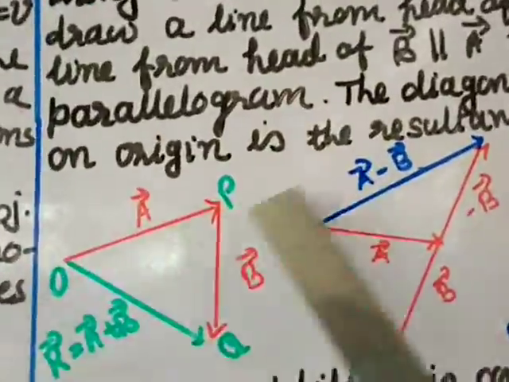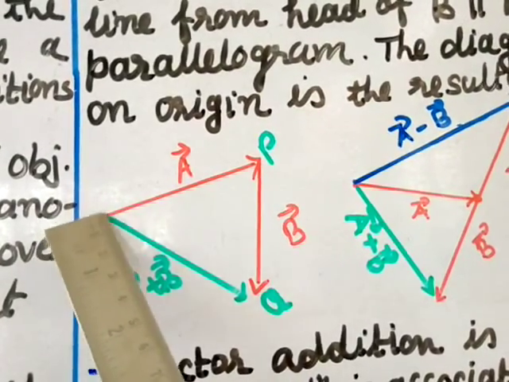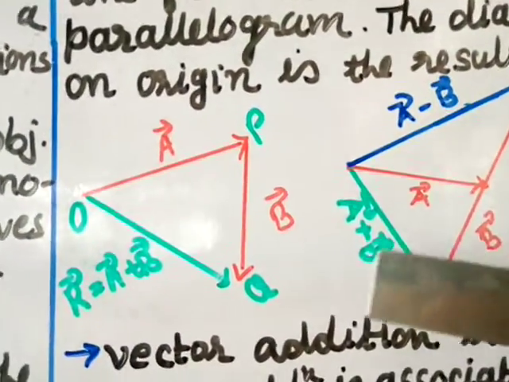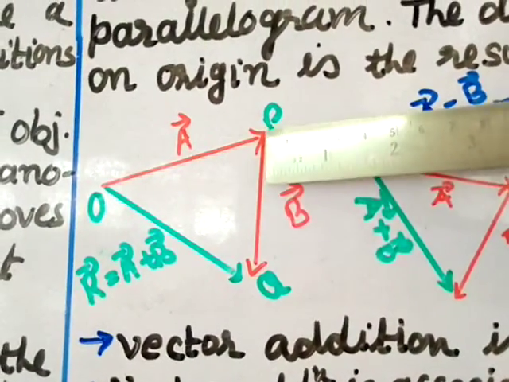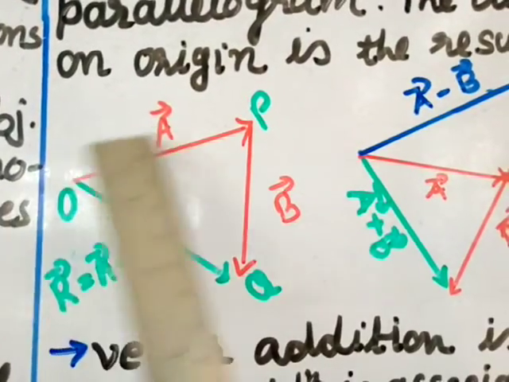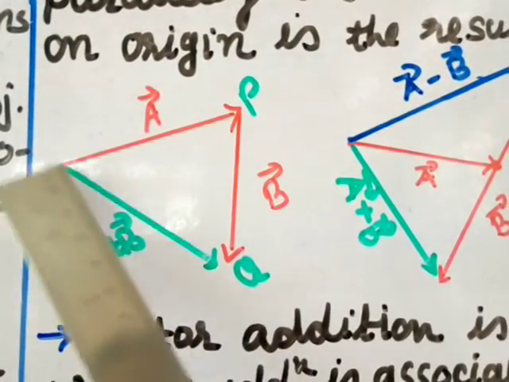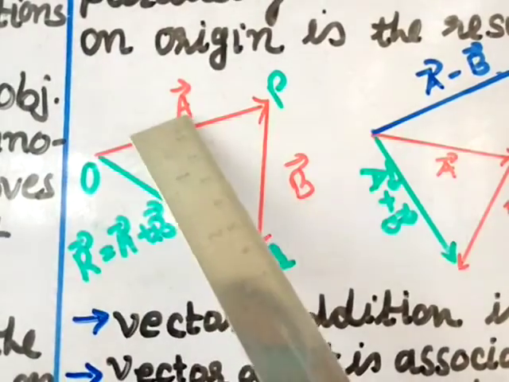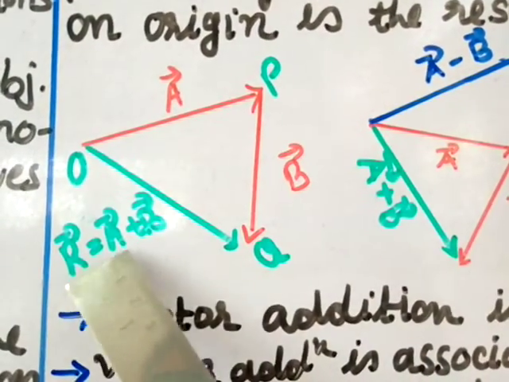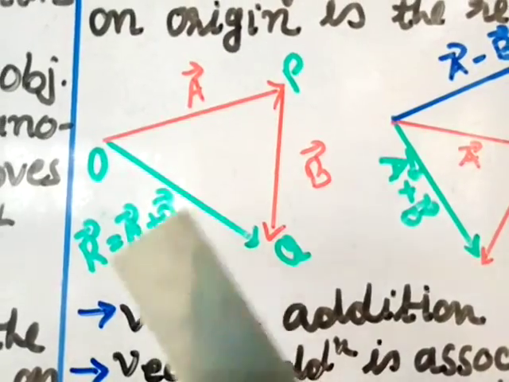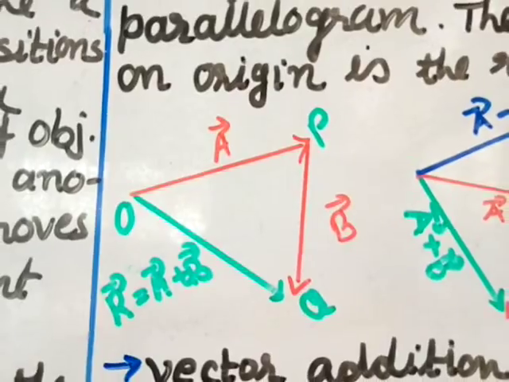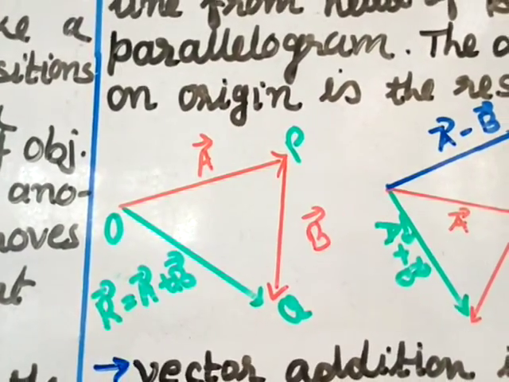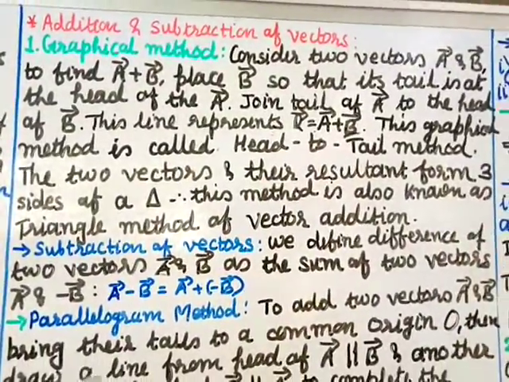Here I have the vector a. This is the origin, or the tail, of vector a. This is the head of vector a. Now we have to place vector b, the tail of vector b at the head of vector a, and then you join the tail of vector a and the head of vector b, and when you join you get the resultant of a plus b, and this is called the addition of two vectors a plus b. Here the two vectors and the resultant form the triangle. You can see, therefore, this is also called the triangle method of vector addition, and also this is called the head to tail method.